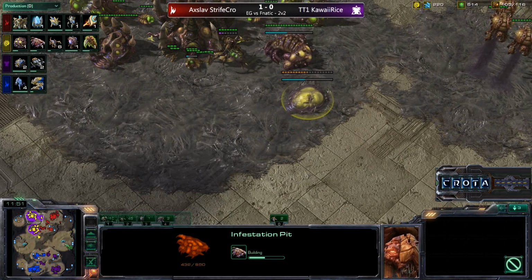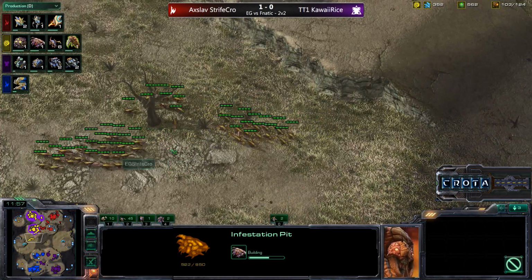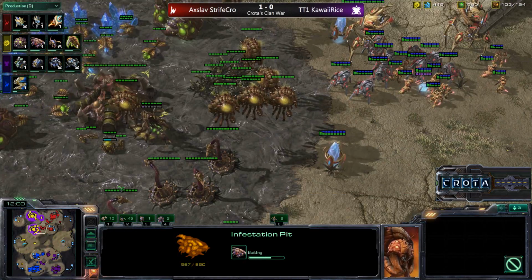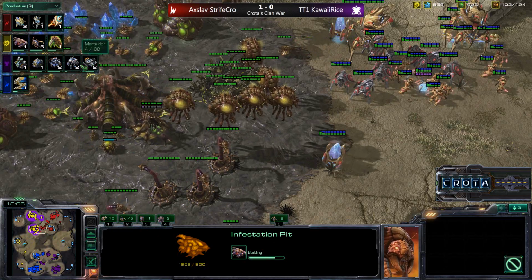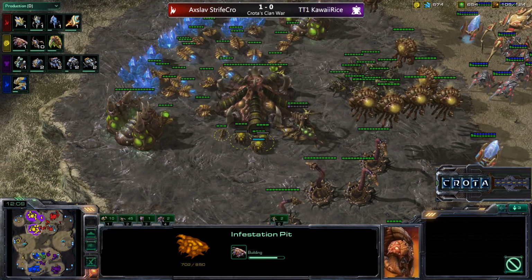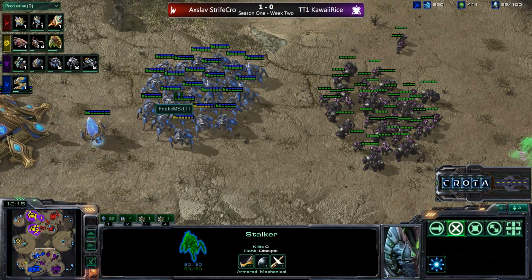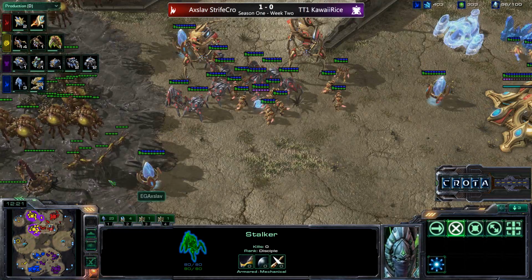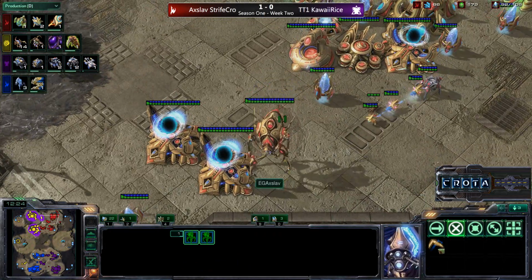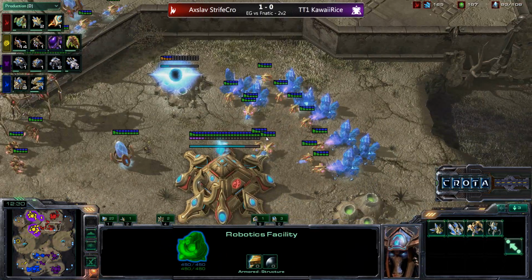We are getting an infestation pit though, so infestation pit should be a very, very large benefit as well. And we saw how effective those infestors were in that last battle, as we are now going into Vikings. Vikings obviously there to try to counter the Colossus that may be coming in from Axlav. Axlav has already 2 Colossi in play. A third one just came out, and we should be training up more as soon as he has the gas